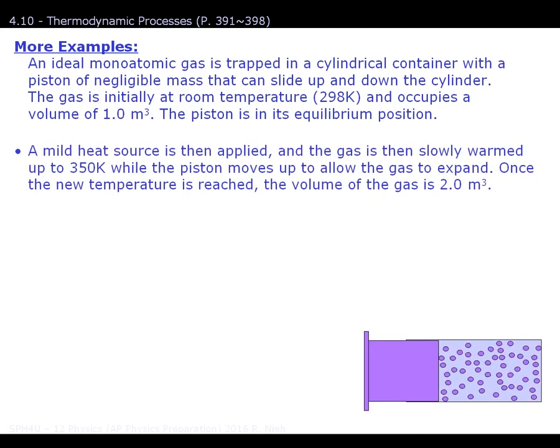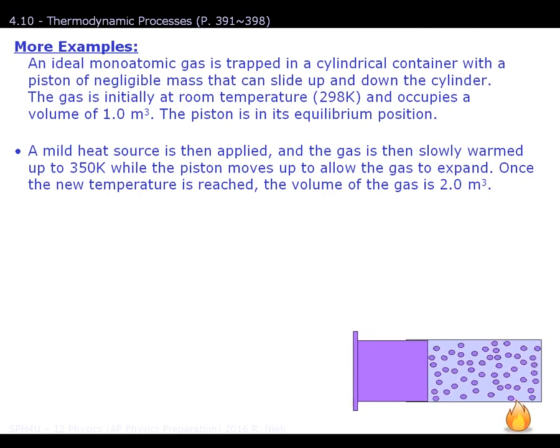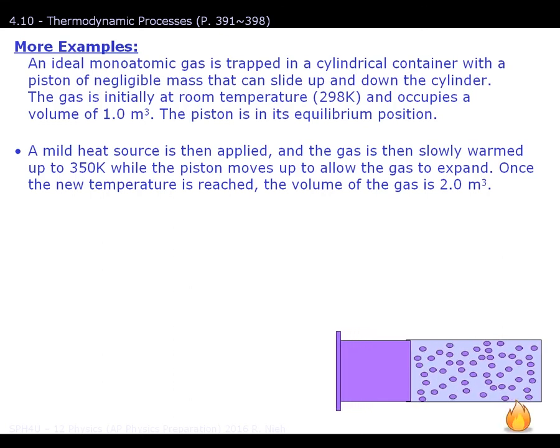A mild heat source is then applied and the gas is slowly warmed up to 350 Kelvin, where the piston moves up to allow the gas to expand. Once the new temperature is reached, the volume of the gas is now 2 cubic meters. What type of process is this? Since the gas is allowed to expand, where the internal pressure matches up with the external pressure, this is an